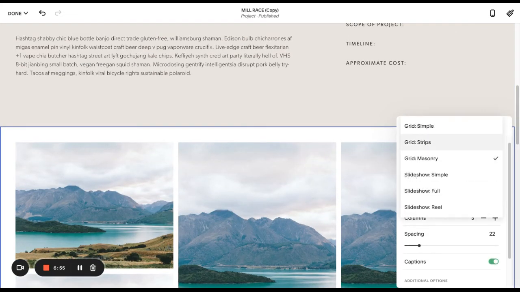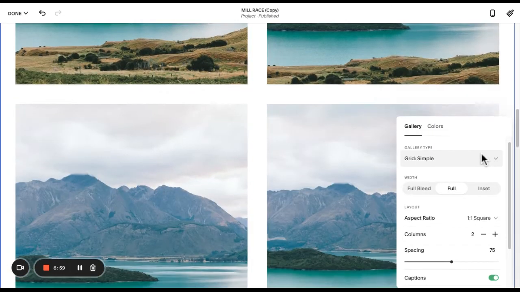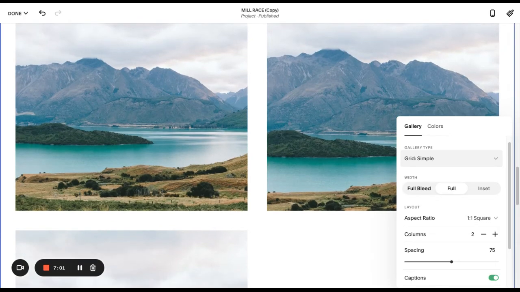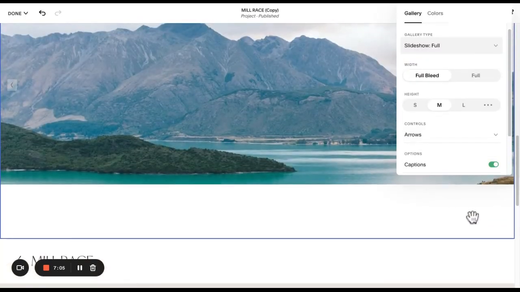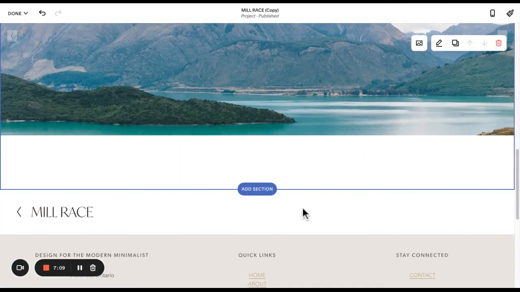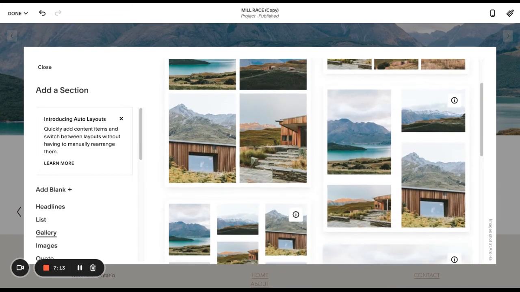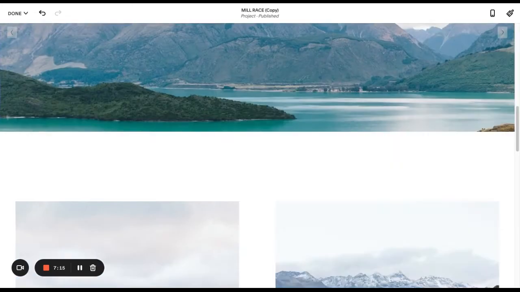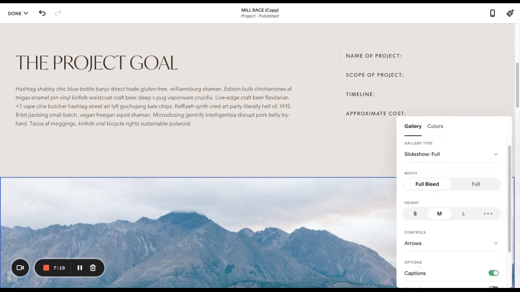You can also do strips if you wanted to do smaller ones. Simple is just a pretty standard grid. Slideshow, you could do a slideshow like this. And then if you wanted to, you could do another gallery. And let's say here you wanted to do a masonry. But on this particular one, you only wanted to do,